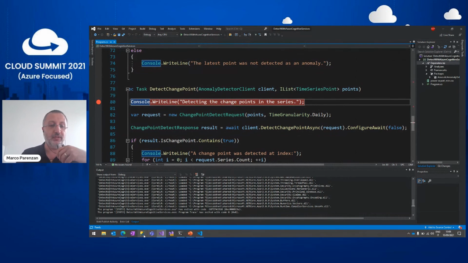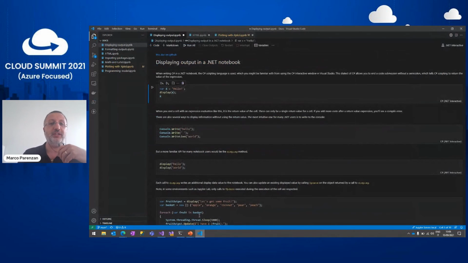For that, the other demo is this. This is Visual Studio Code, and you see that I have an IPython notebook, a Jupyter notebook inside Visual Studio Code. And you see that the kernel represented is .NET Interactive.